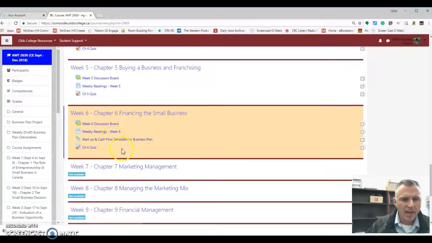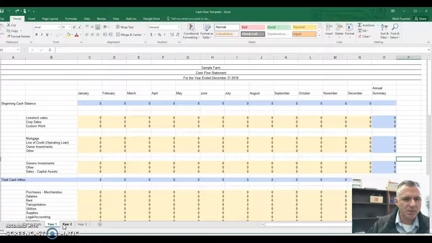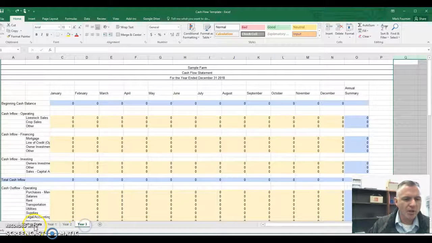you'll notice that I have a template, a startup and cash flow template for your business plan. If you click on that template, you'll see that this should open up. And the way we're going to read this is that we have four different tabs. We have our startup cost tab, we have our first year financial operations, and the second and third year financial